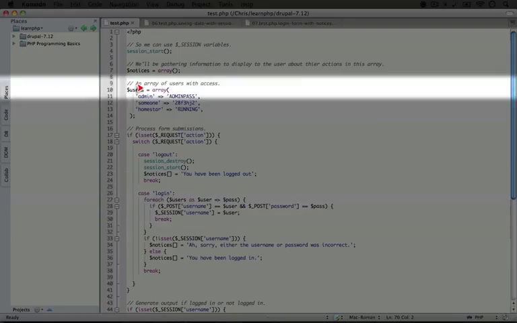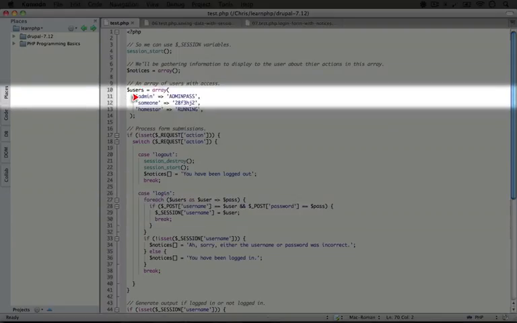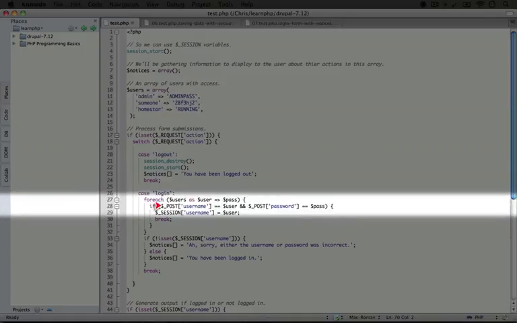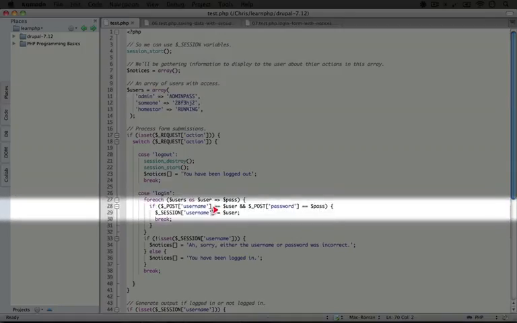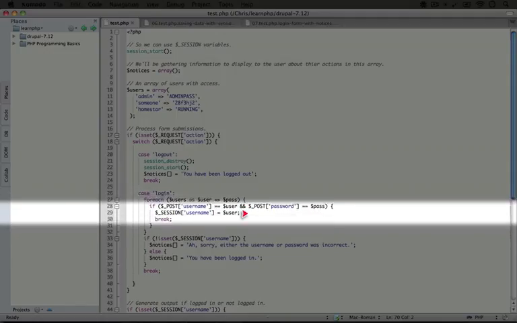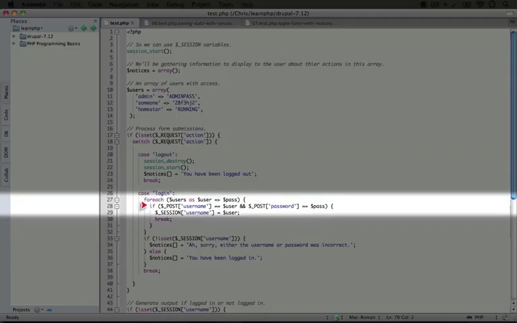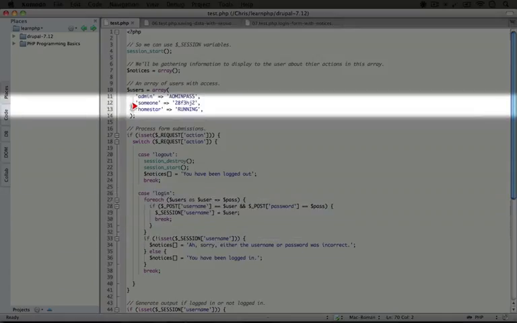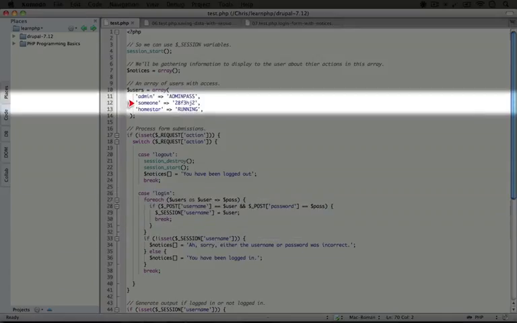Now the first time this runs, we're looking at this first line here. So the username is admin. So it's checking to see if our gobbledygook that we entered into the input is equal to admin, which is not. And so therefore it's not even going to execute this condition at all. And it will skip this code right here, but then go back to the for each loop for this second user. In this case, the username is someone, and here's the password.